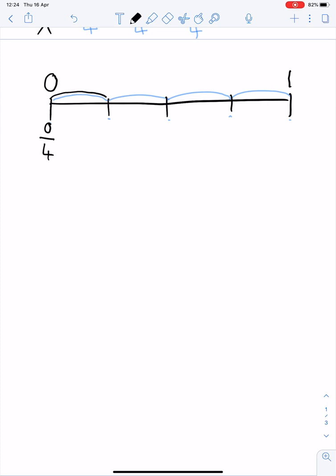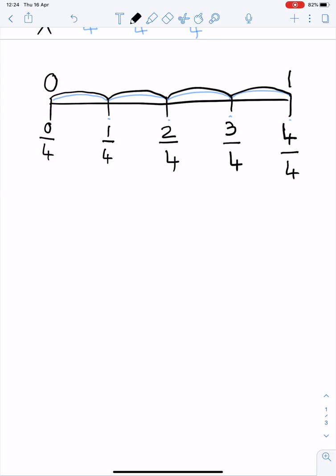Once we hop to this line, we have 1 hop out of 4. We hop again, and we have 2 hops out of 4. We hop again, we have 3 hops out of 4, and we hop again, and we have 4 hops out of 4. So we have counted in quarters from 0 to 1. So in your books, you would write